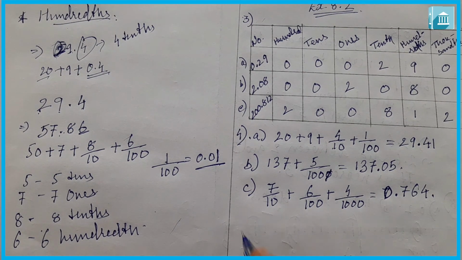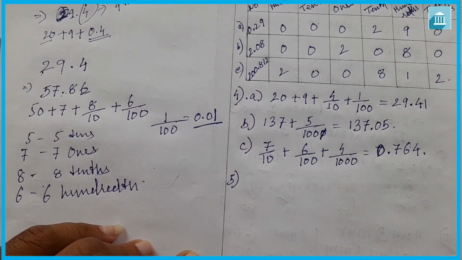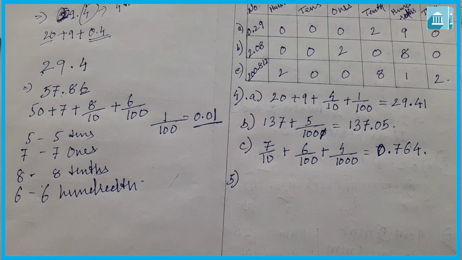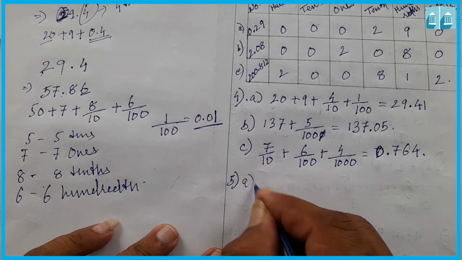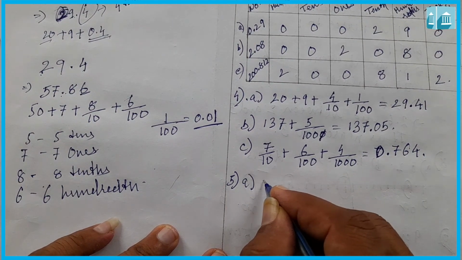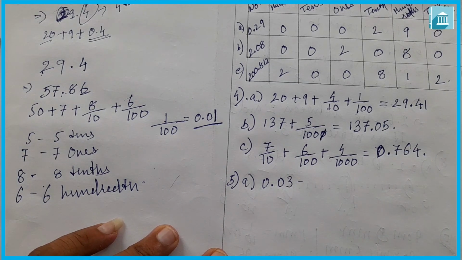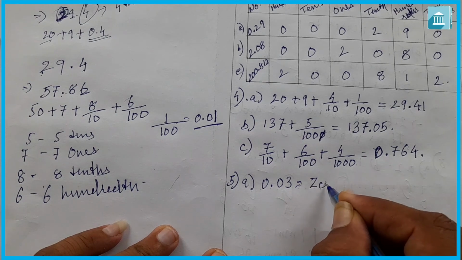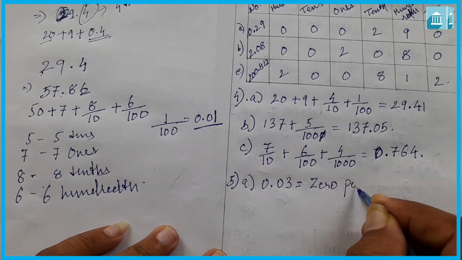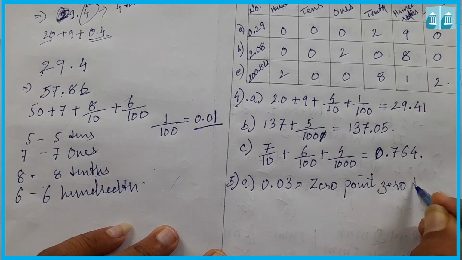Let us see question number 5. Question number 5 is: write each of the following decimals in words. We have to write this decimal in words. Question number A is 0.03. You can write it as it is, that is 0.03,